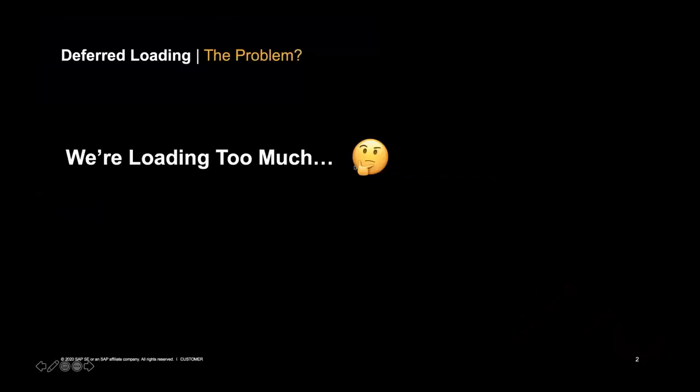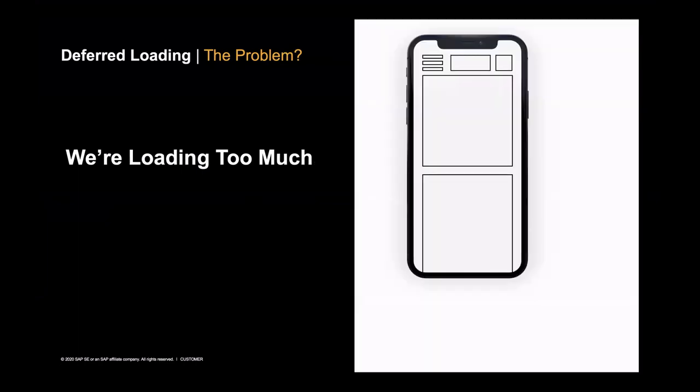So what is the problem we're trying to solve here? Basically, when you launch a page in Spartacus, we're building up the full page in one go. So we're getting all the page structure data, component data, and we're building all those components, even though they might be below the viewport. So the viewport, I have a visual here of a mobile device, and the viewport is basically what you see on the screen.